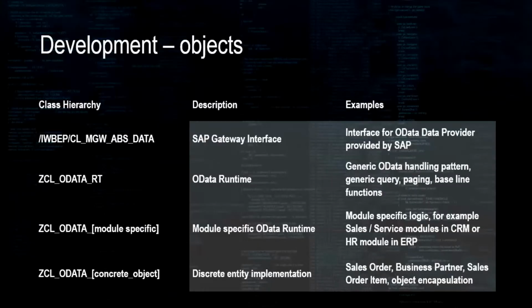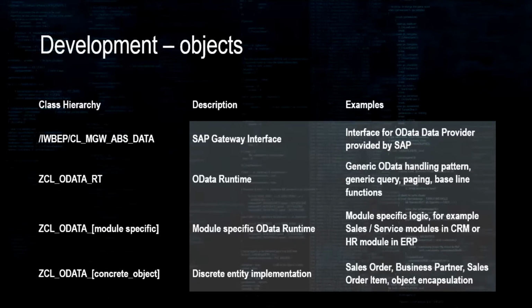Throughout the blog, we discuss this class hierarchy, which helps you encapsulate business logic into nice underlying concrete entities and try to give you some modularization of certain functions in SAP. So at the top level here, we've really got this gateway interface, which is just providing the framework to call get entity set, get entity, update entity, that kind of thing. Sitting underneath that is this Z class OData runtime. So this is where we put the generic search handling. E-tag handling is a really good one in here. So wherever you've got functions that you need to perform on a gateway architecture level, this is where you'd put